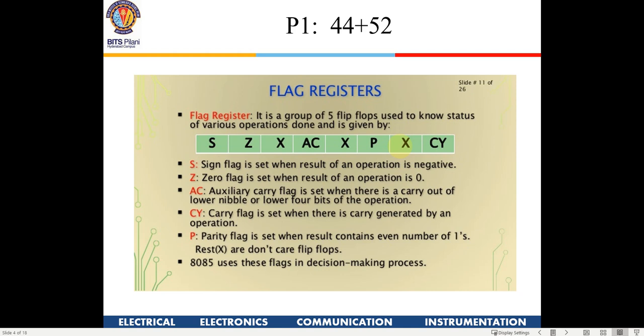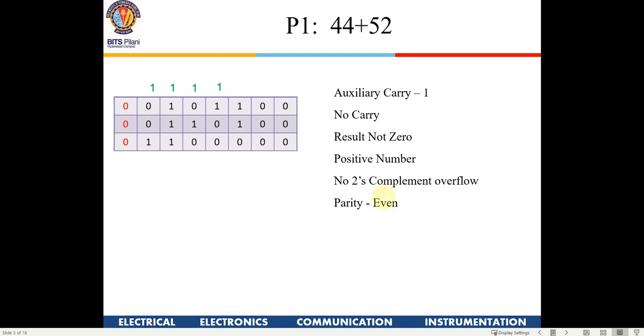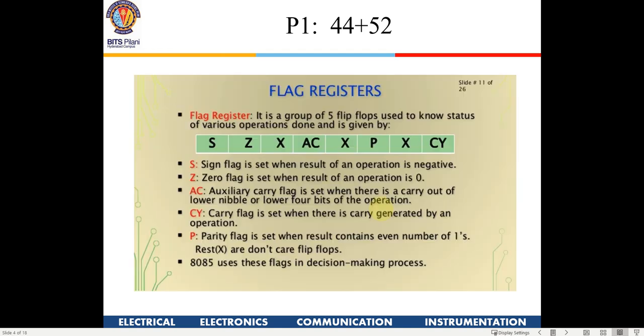Once that operation is completed, the status flag will be updated. There will be one register in which all the status flags are updated. That is why we discussed the states here. For microprocessors, you need to know that whenever we do any operation, the status flags will be updated.